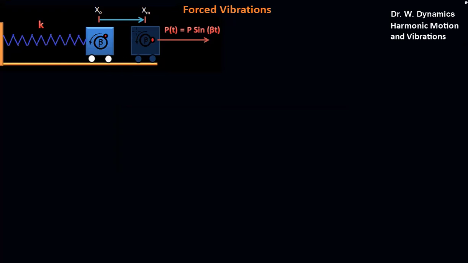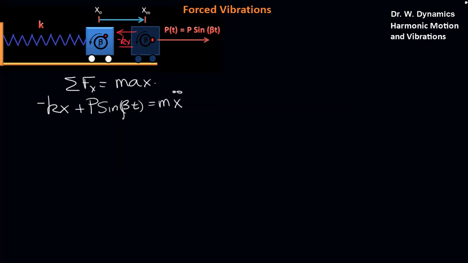Our free body diagram, we would still have our minus kx from the spring here, and this is undamped. If we go to Newton's law then, we have minus kx plus p sine of beta t is equal to m x double dot. And if we divide through by m, and then rearrange this, we'll get x double dot plus k on m x is equal to p on m sine of beta t,